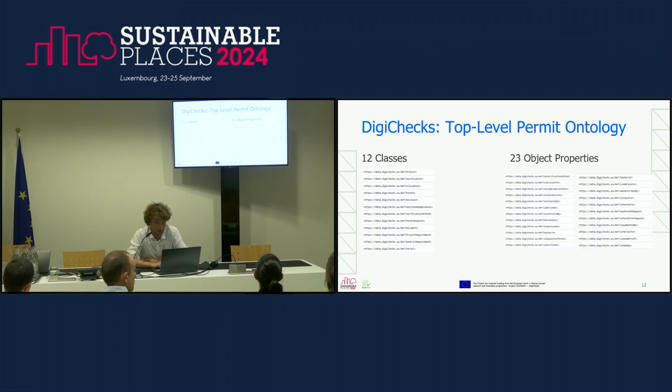or the regulations, let's say, against which the permits need to be checked. Rather than devising an ontology that is able to capture each and every detail in the whole European Union, that's not possible. We have a very limited amount of classes, we have a very limited amount of object properties, which then local municipalities or people who work more on the field can then refine to cater for the differences within European cities, within each country, and so on. So for example, I don't know if it's readable, we have just classes for projects, for permits, for decisions, so that's all very high level.